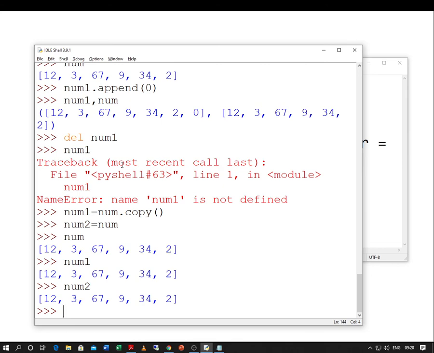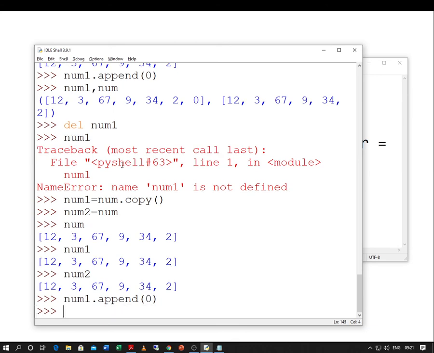We are going to add some elements. Num1 dot append, say 0 is not there, and num2 dot append, which element is not there? 7 is not there, so I add 7.